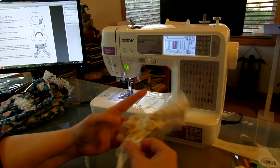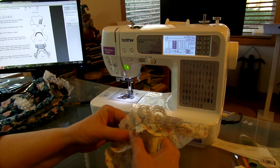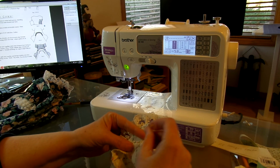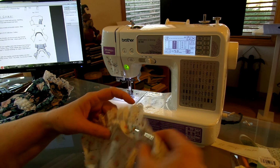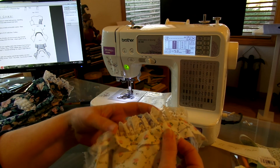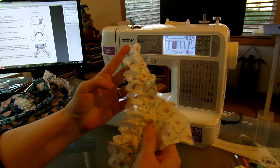But here we go, there's that. Let's just put this collar back down a little bit. When you actually go to tack these down, you're just going to tack them down just a few places here and there. You're not going to tack them all the way around. Like I tacked them down here on the sleeves, so you wouldn't see any tacking from the front. But we want to do our sleeves before we put